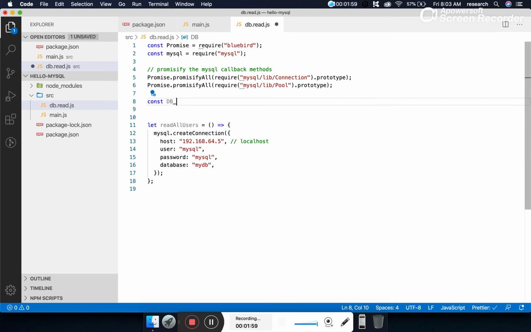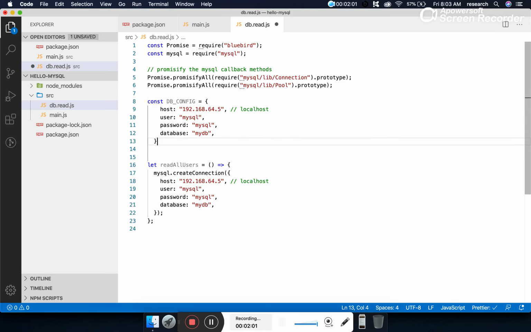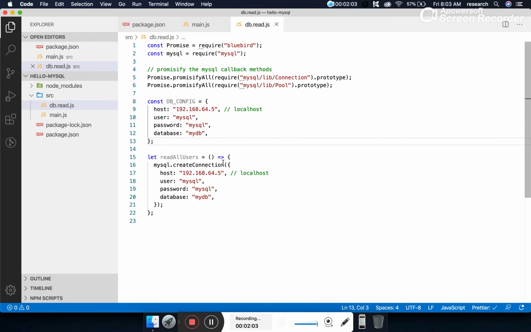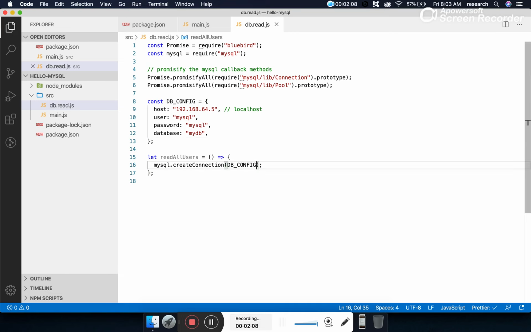Const db_config, something like this, and we can be reusing that again and again. So this is the connection, const connection. We have done a little optimization; we can do further optimization later.